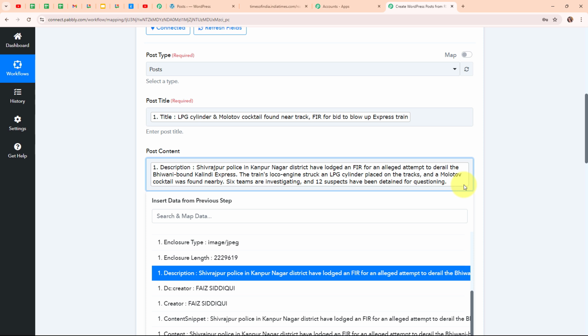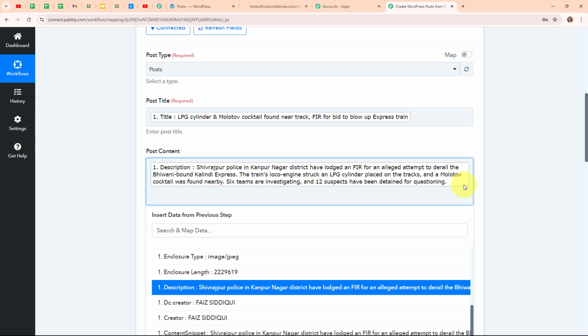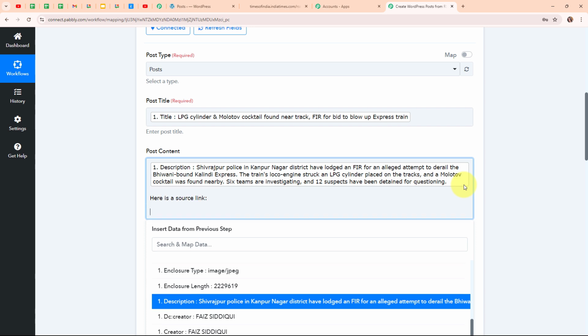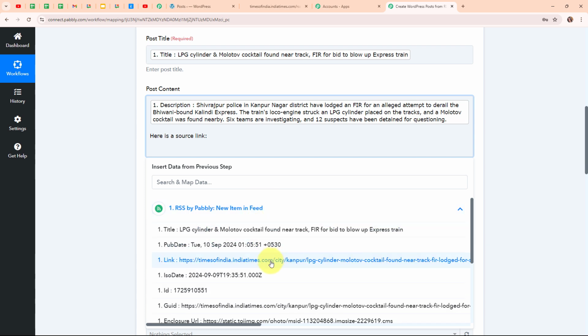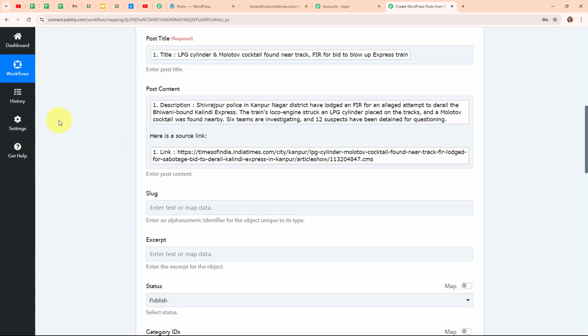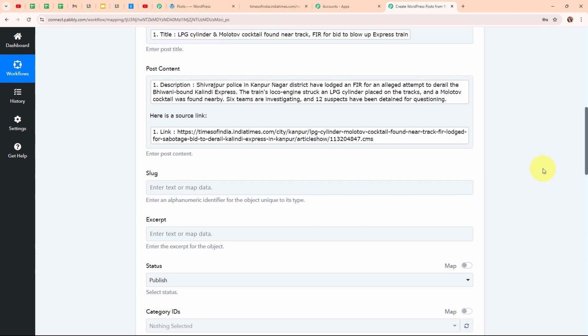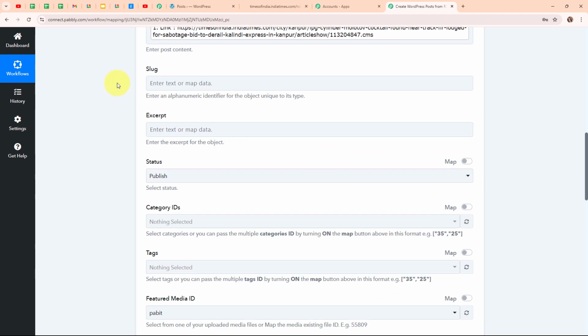And now after mapping the description, I'm going to give the source link for the news. So here I'm going to write "here is the source link." And now I'm going to map the source link that I have received in my trigger step response. So this is the link. And now after entering this post content, moving forward, here it is asking me for a slug